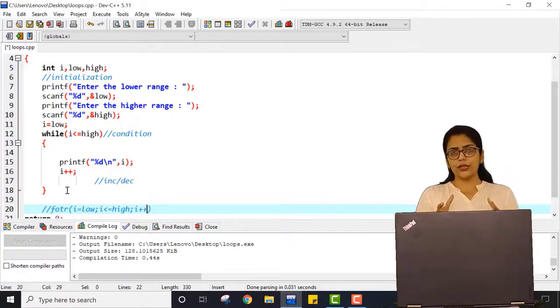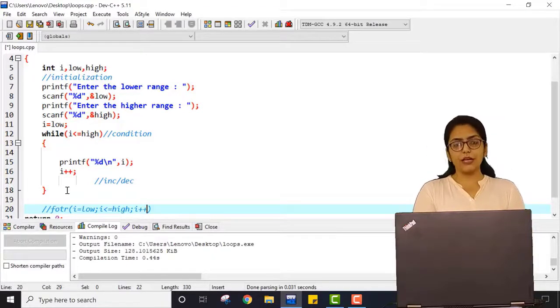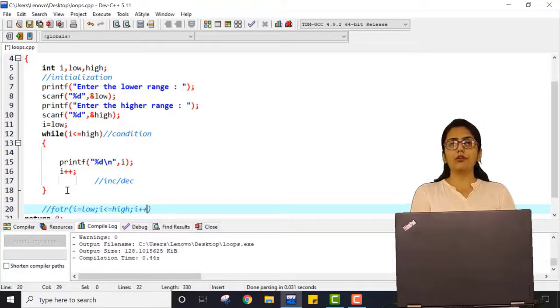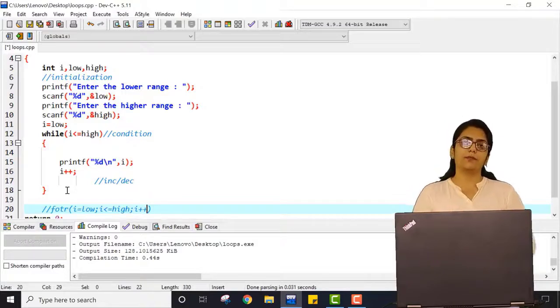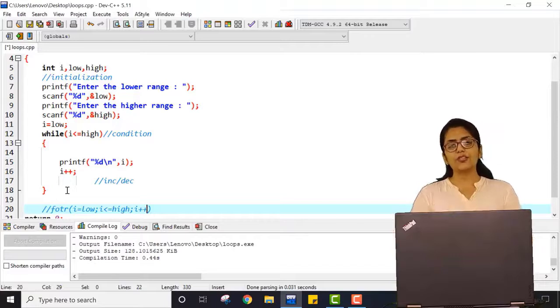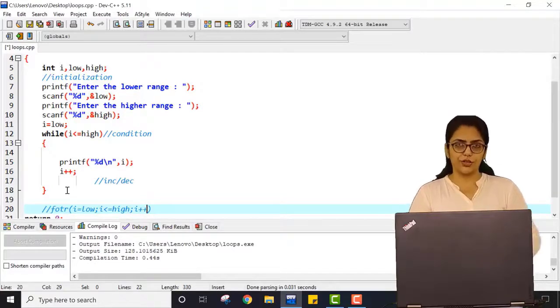So if I ask you a question, the minimum number of times a for loop or while loop can be executed is 0. Because if the condition is false the first time itself, then the control cannot go inside the loop and it will exit. Right? So the minimum number of times a for loop or while loop can be executed is 0. Now this is all about the entry control loop, in which you check the condition first. You will initialize, then check the condition. If the condition is true, only then you go inside the loop, and you check the condition after each iteration, where the value of the loop variable is increased or decreased.